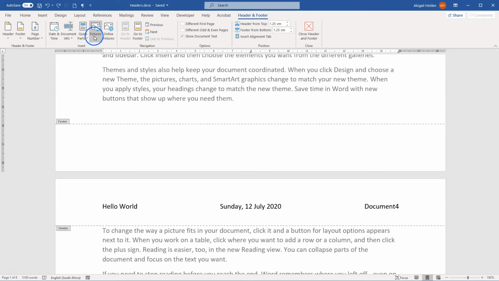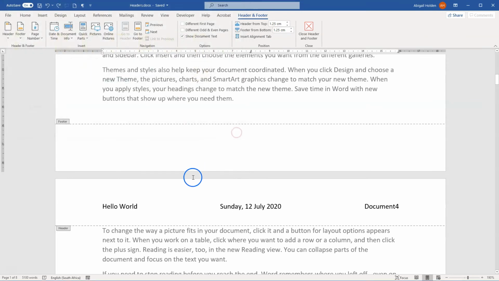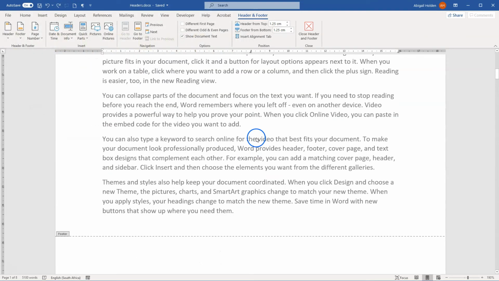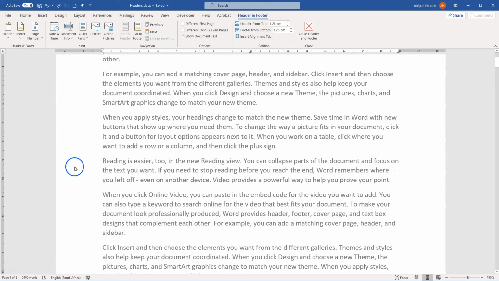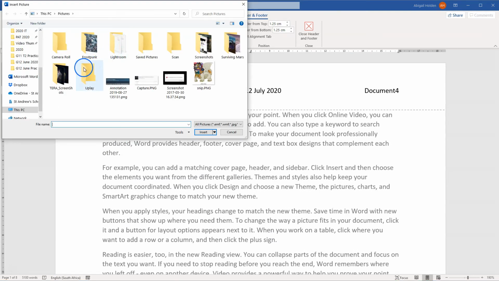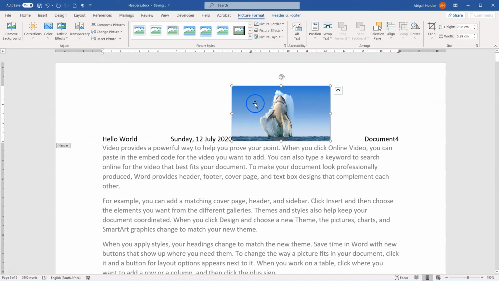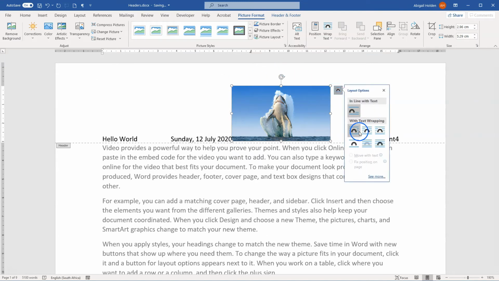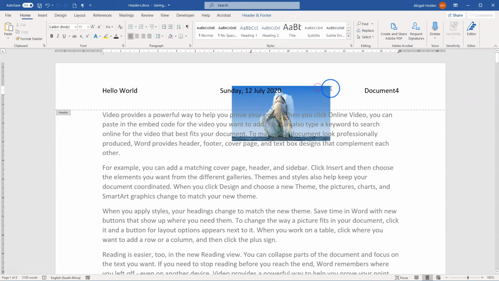As I said before, you can insert pictures from your computer, whatever the case may be, and then they'll just appear behind the text. So often if you have an image that appears behind an entire document, then that's in the header and footer. So let's say I want to have this image in my header. If I put it up here, it will just appear at the top of every page, but if I change the, maybe I'll make it behind text, and I can actually put it anywhere